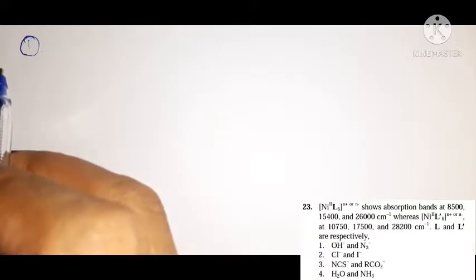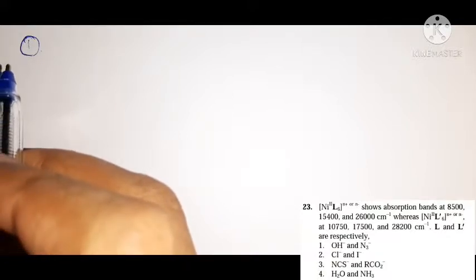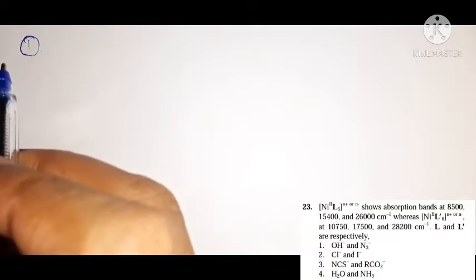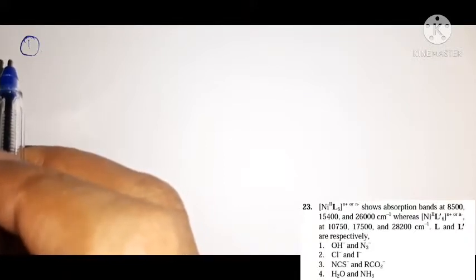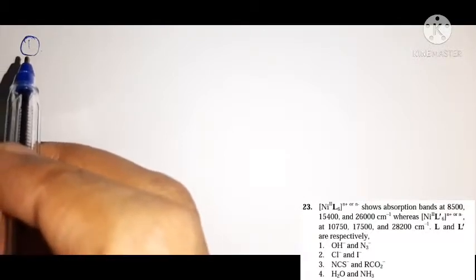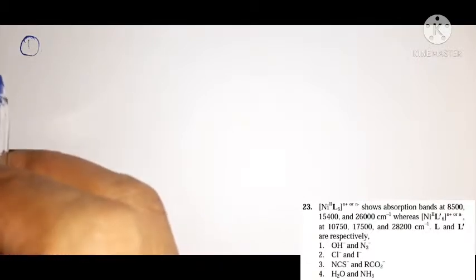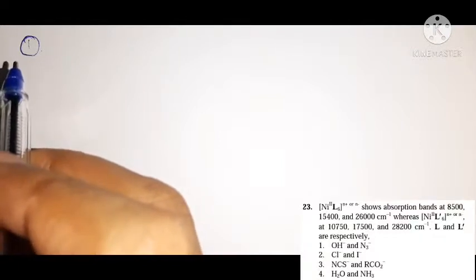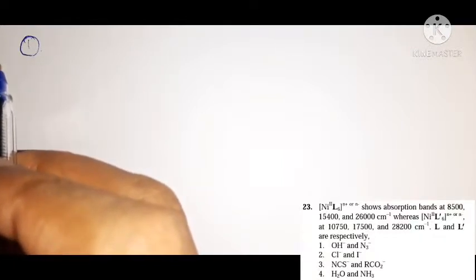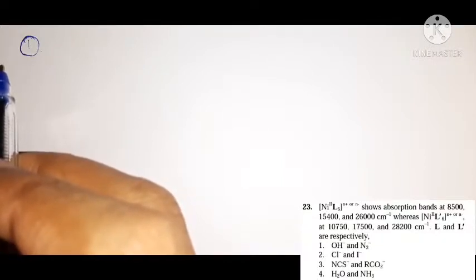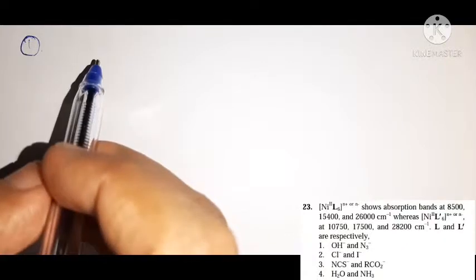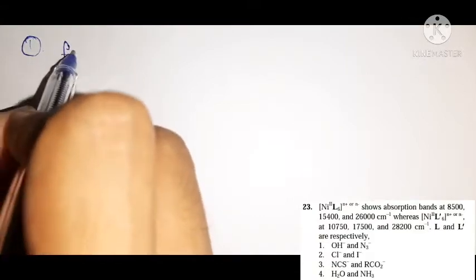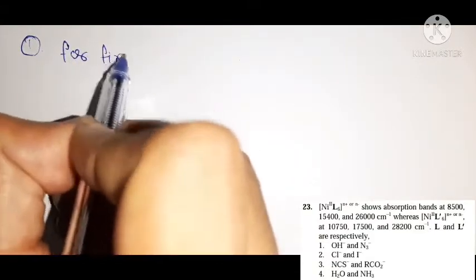That means in the complex with low energy absorption band, L is a weak field ligand, and in the second complex with high energy absorption, L dash is a strong field ligand. Okay, so you must check in your given options what ligand is a strong field and what ligand is a weak field. Okay, so now here I write that for the first complex